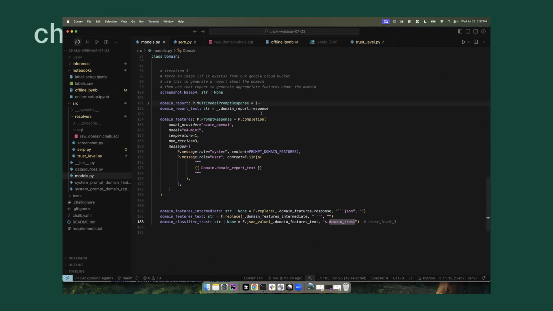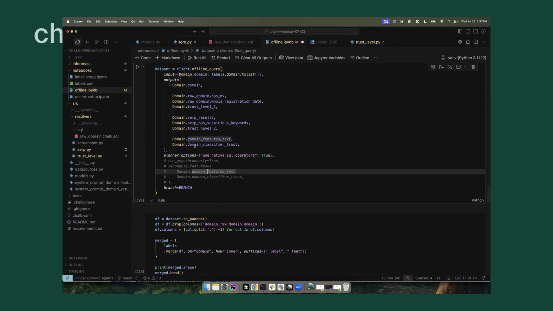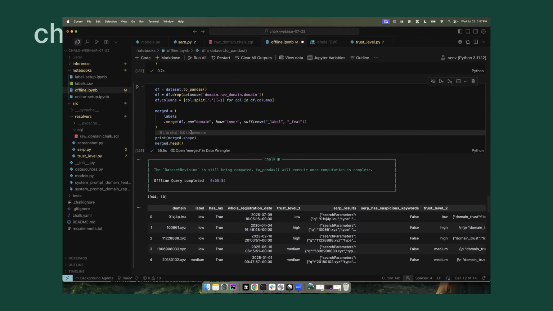So basically, it should give me that one word like low, medium, or high that I'm looking for to compare. So again, I'll run this. Usually I would run this with recompute, just telling it, okay, you've already run these other features. We know they're not good, but I just want them for reference, but also run these new features. And I'm not going to try to run 1,000 O3 calls in front of you guys, but basically I've run this before. The data should be there, so I'll just pull that down